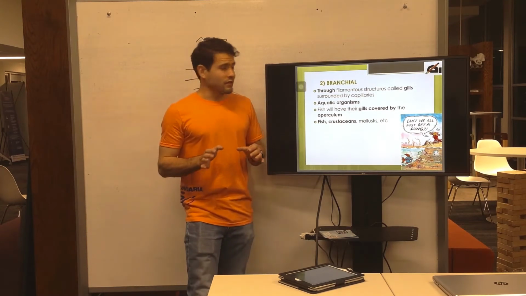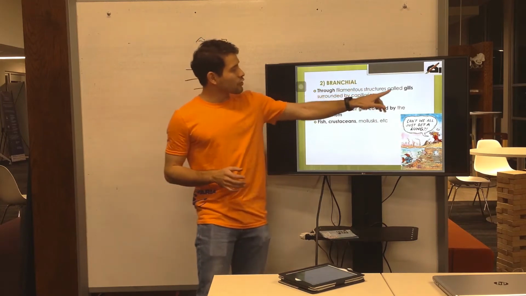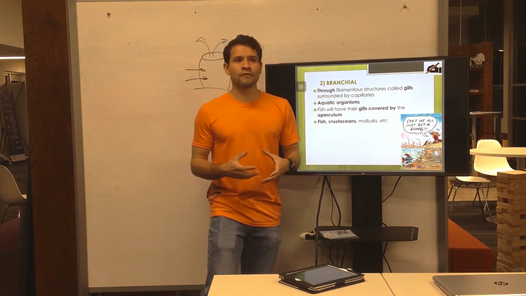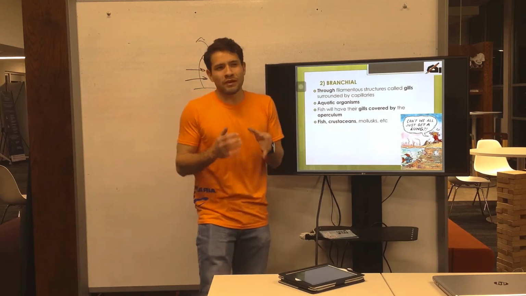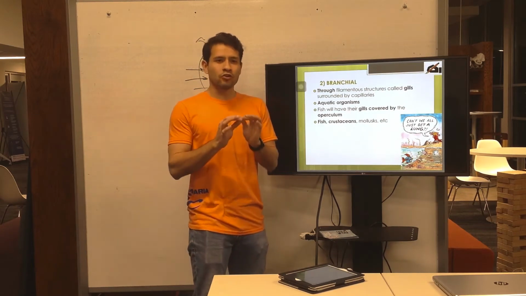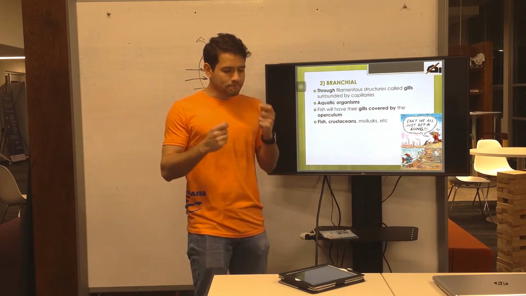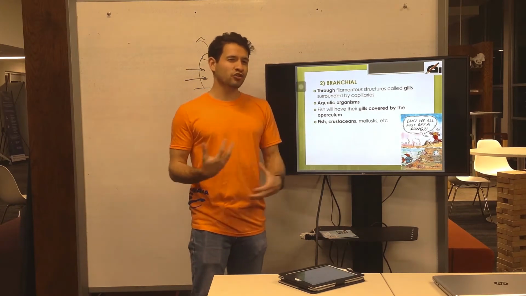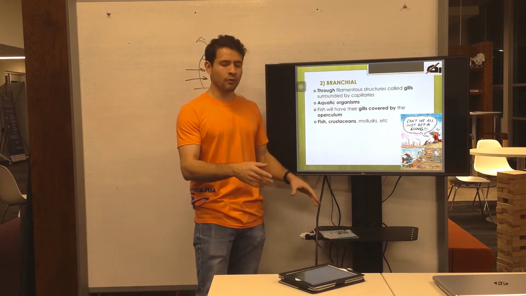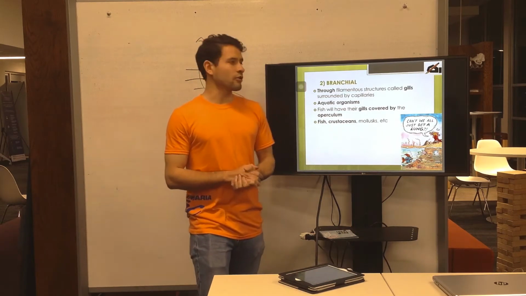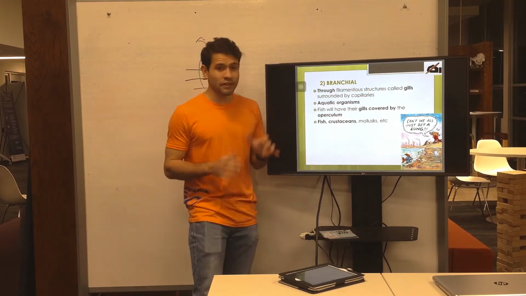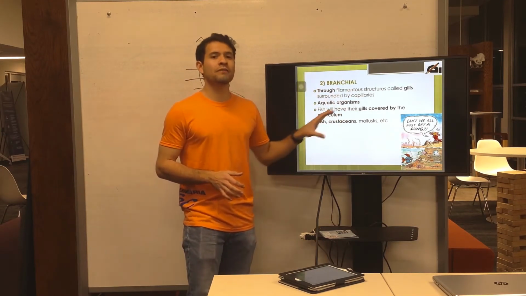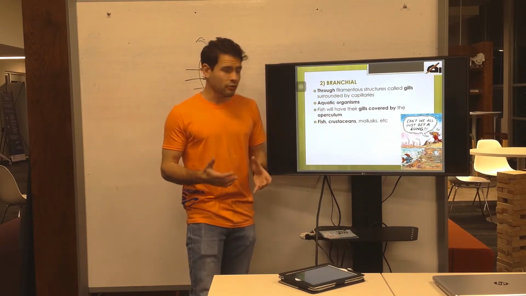Now, I want you to realize something. It says the gills are going to be filamentous structures. What does that mean? Filamentous refers to special organs that are thin and, how can I say, long and hair-like structures. I'm going to show you an image in the following slide, and it might be a little bit better to understand. The important thing here is that this bronchial system is going to be found on animals underwater, particularly fish,